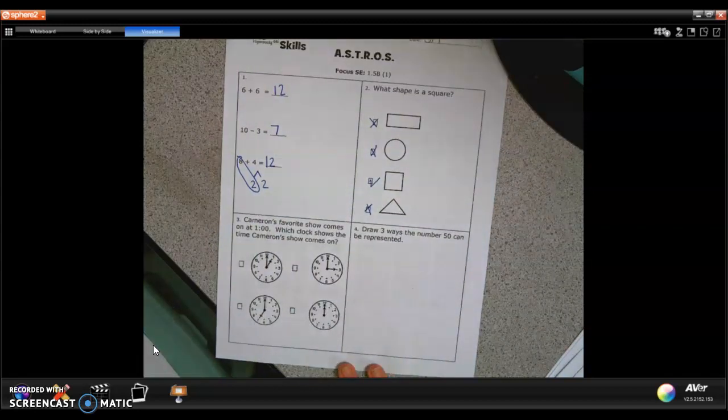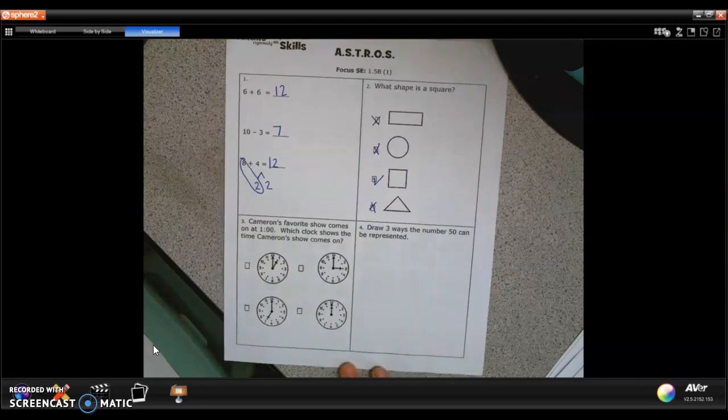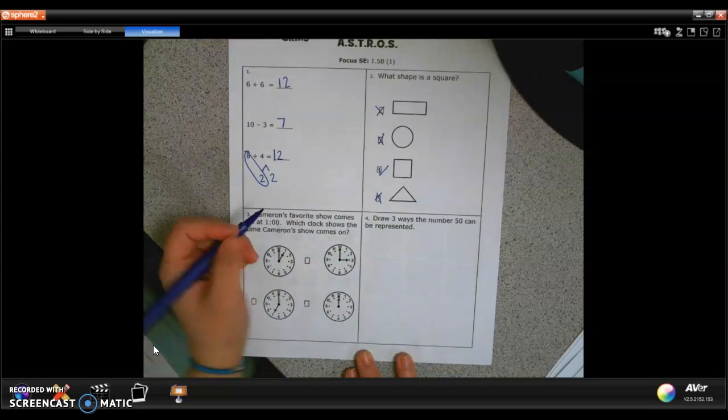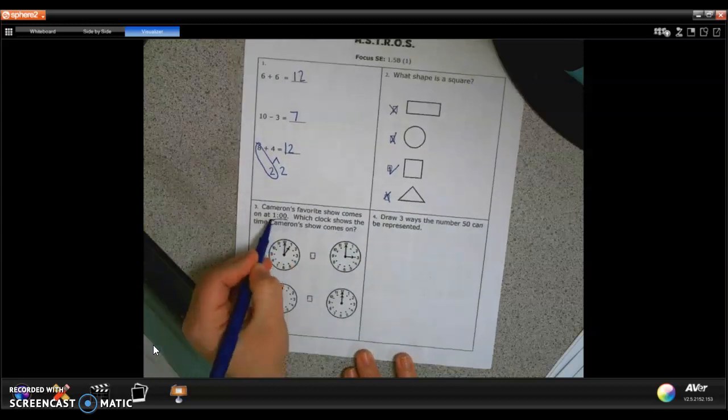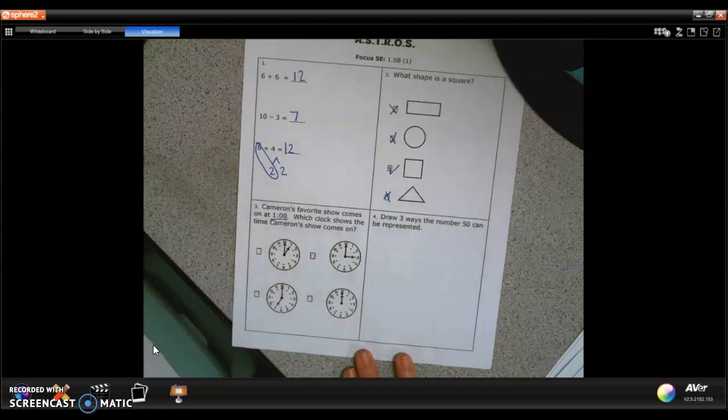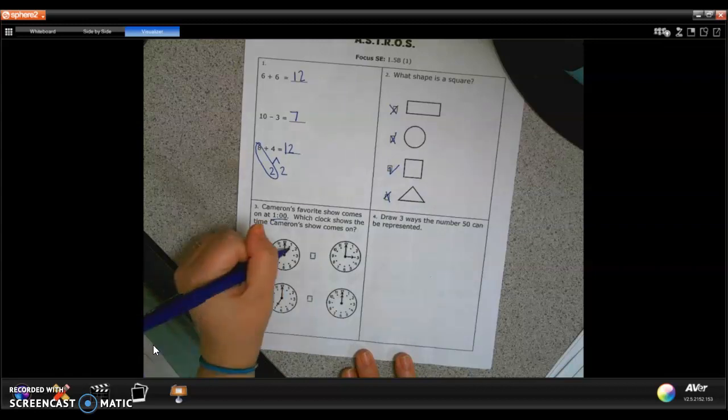Cameron's favorite show comes on at 1 o'clock. Which clock shows the time Cameron's show comes on? So I'm going to look at my clocks, and I know I'm looking for 1 o'clock, so my minute hand is going to be on the 12, and my hour hand is going to be on the 1. So on this clock, I see the short hour hand on the 1 and the minute on the 12, so